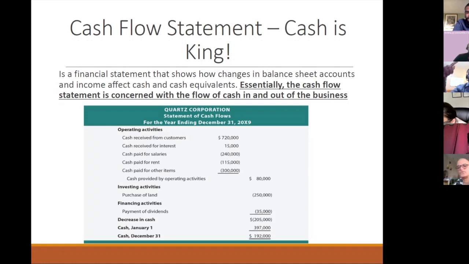The only time that your cash flow statement is going to be off is if your balance sheet is off. If your balance sheet is off, your cash flow statement is not going to tie, right? So it all fits together. That's why they ask for all these three things, right? Because they want to make sure that it makes sense.